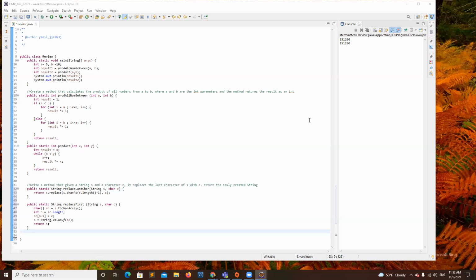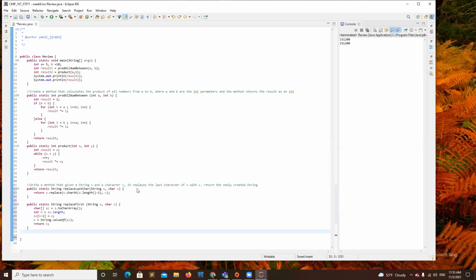Yesterday, one of my students implemented it using the substring, and another of my students used the replace method, but she carefully took... so let me just show you.